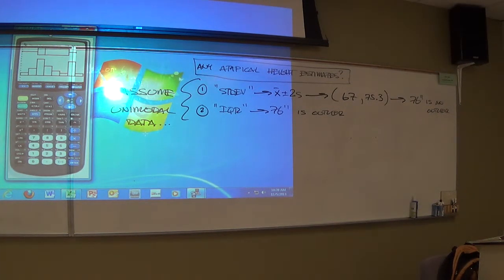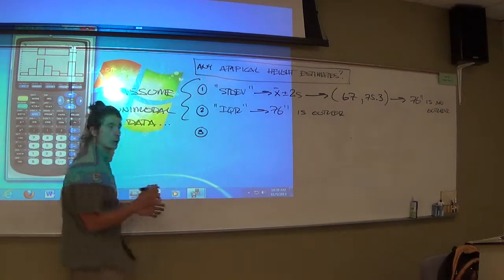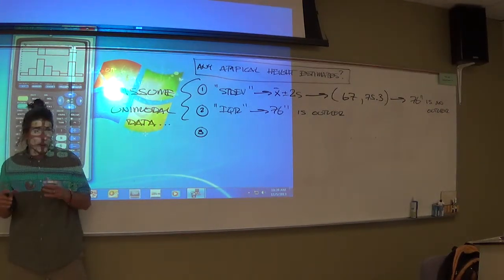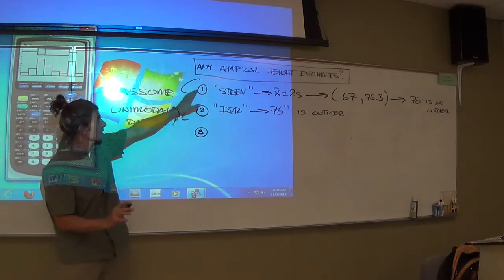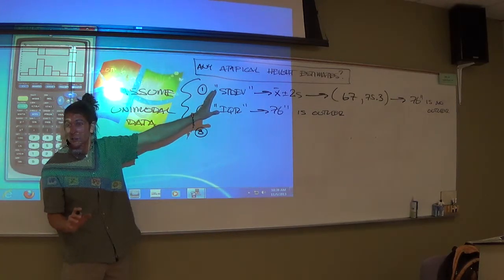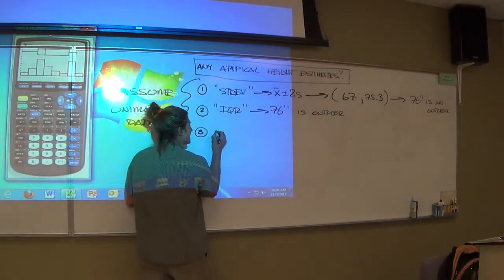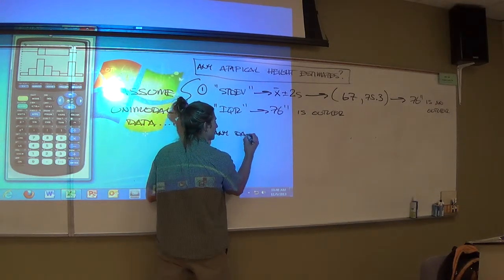So, I thought about this, and I thought, this might be a good time to talk about a third way outliers are measured. And this is probably my favorite way, all in all. Sometimes it syncs up with the other two. Sometimes it doesn't. But the third way is any data point